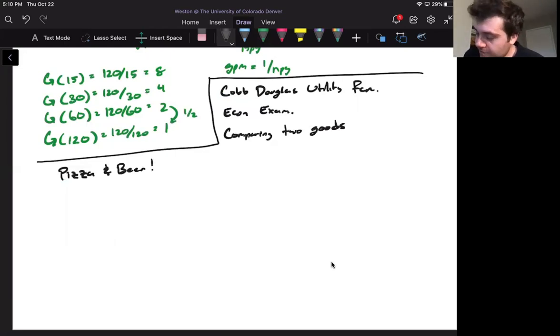And so we have this function. It's actually in two variables, but might as well get used to that now, where you can plug in two different inputs for your function, an amount you want for pizza and an amount you want for beer, and then it outputs the utility for you, which is